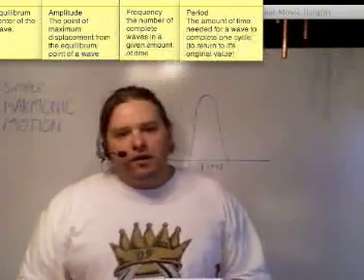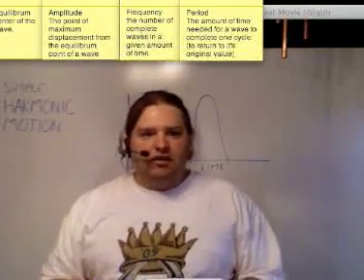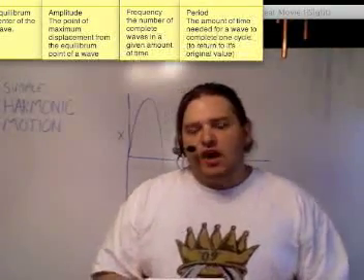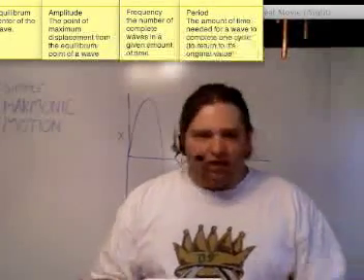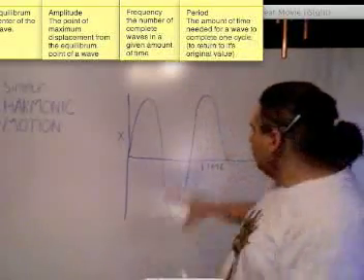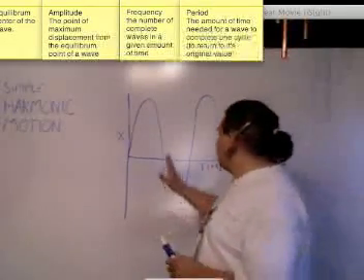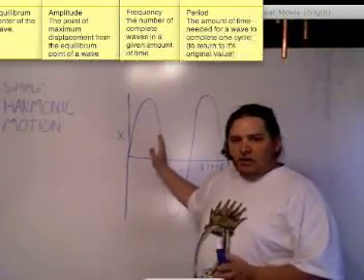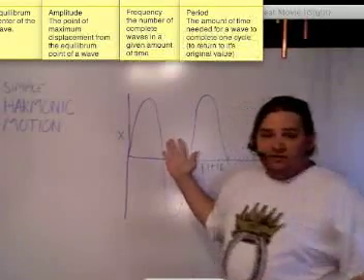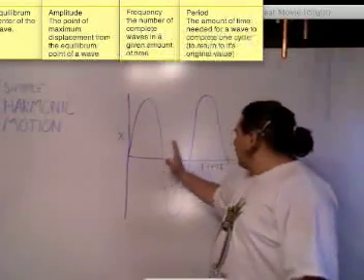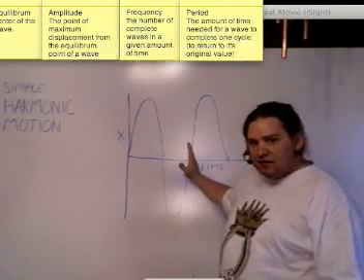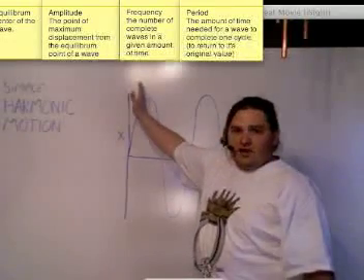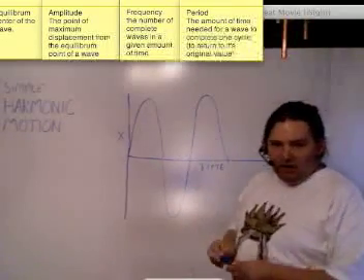So period is the amount of time it takes for one cycle to happen. So when we talk about a period, we're talking about a period of time, typically in seconds. So looking over this graph, if I hit here, okay, in 1 second, so how long is it going to take to get one complete cycle? Well, if this is 1 second, then it would seem to here would be 2 seconds. So the period of this wave would be 2 seconds. If it was here in a second, then the period of the wave would be 4 seconds.